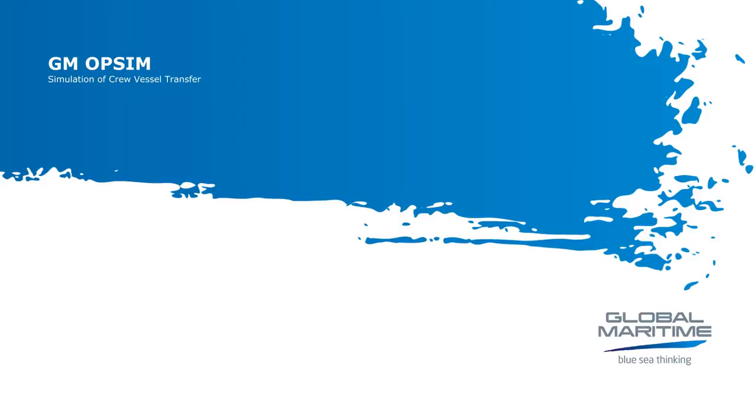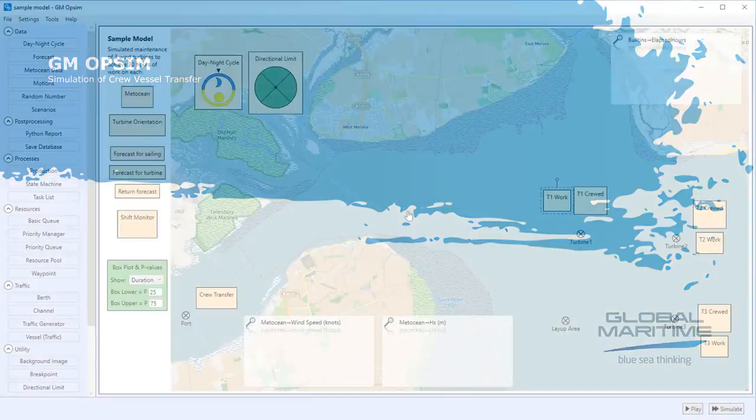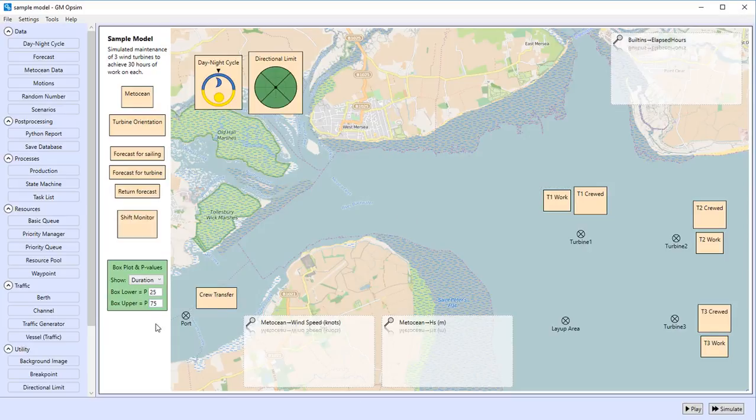This video aims to demonstrate how Global Maritime's GM OPSIM program can be used to simulate operations of a crew transfer vessel working at an offshore wind farm. The program is a simulation tool which can be used to improve efficiency of current operations or at the project planning stage to assist decision making for aspects such as vessel selection or operation time frame, including necessary contingency plans